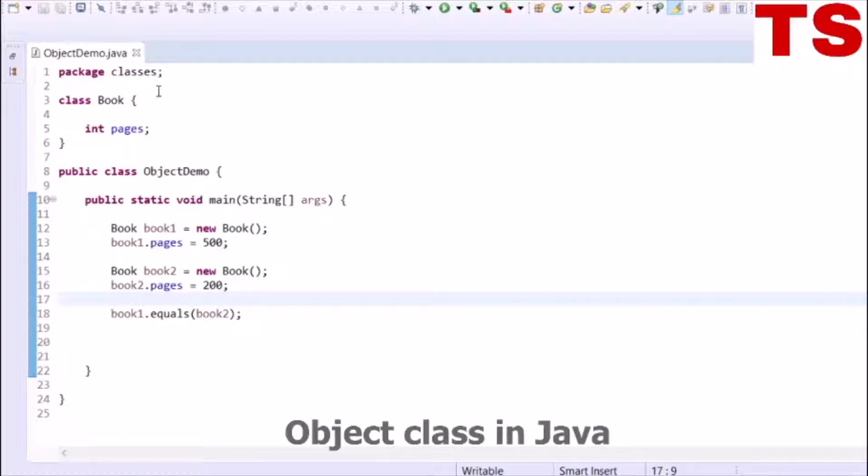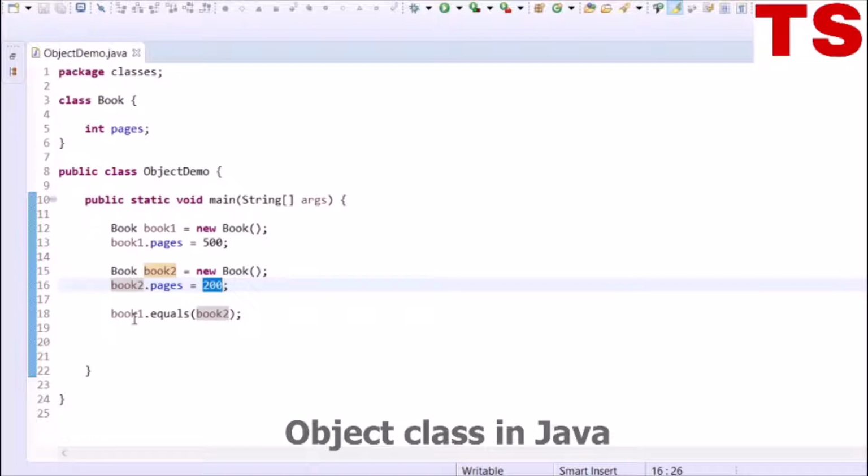In this example, I have created a Book class, and in the ObjectDemo class, in its main method, I have created two objects of Book class, and book1 and book2 are referring to these two objects, and I have assigned the values to the pages variable.